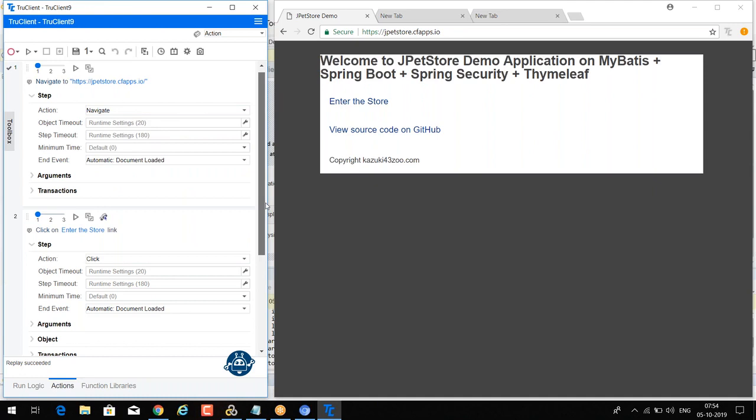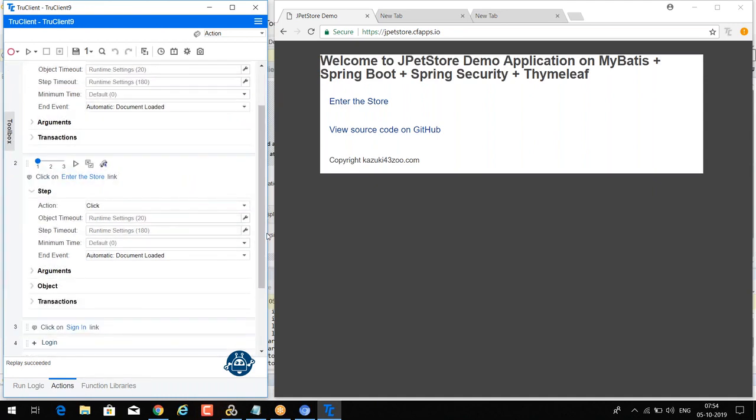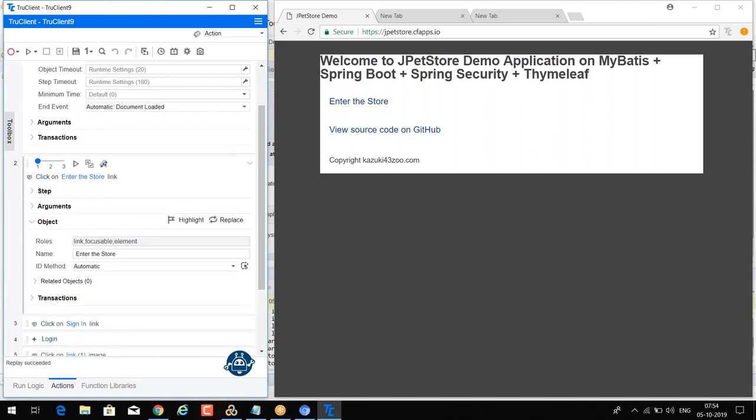So here is where the challenge is. If any failures are observed, then you have to first come to the object. Here we have roles, name and ID method. Now what we have to do is highlight the object.